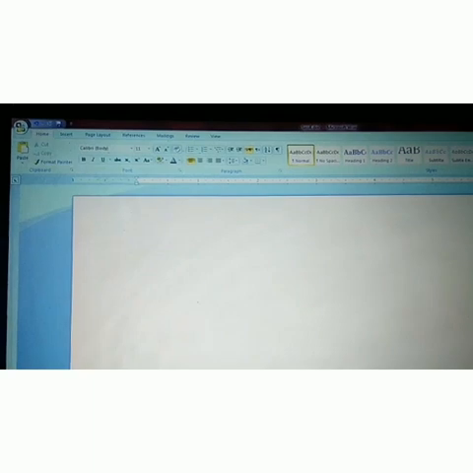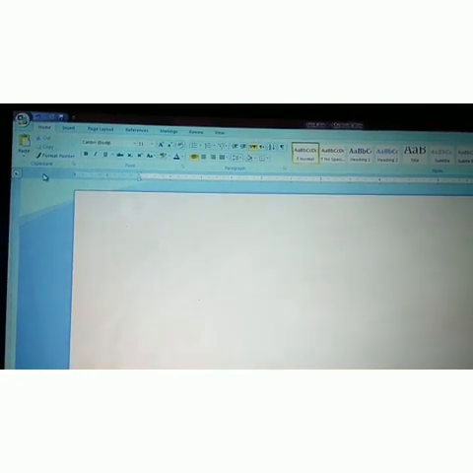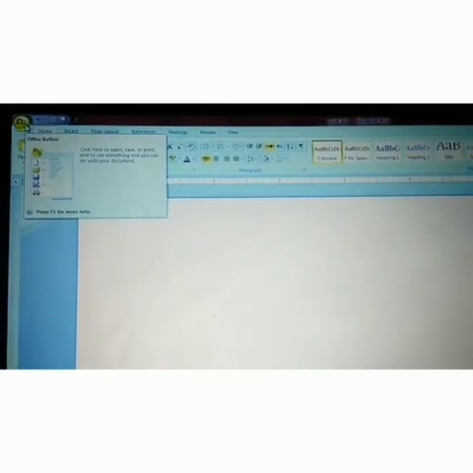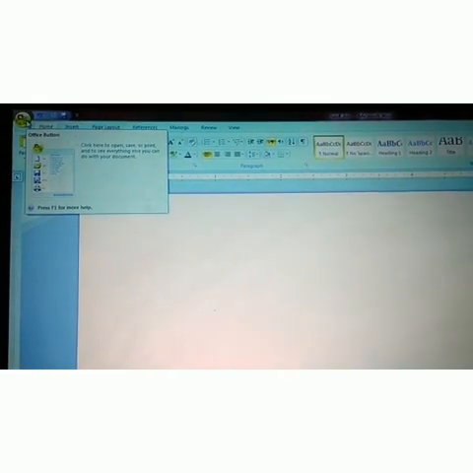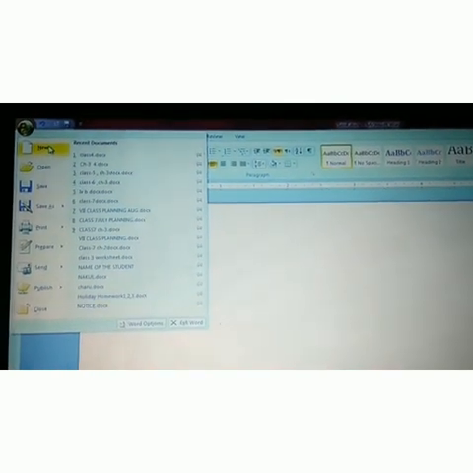Now, look, students, we will see how to save a document, and the many options related to it. This is the office button. See properly, this is the office button. Firstly click the office button, and after that we can see many options here.